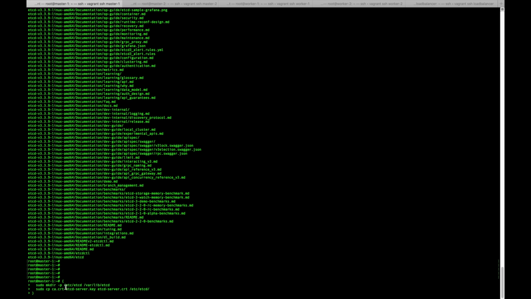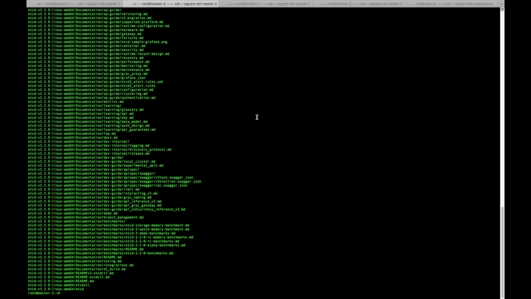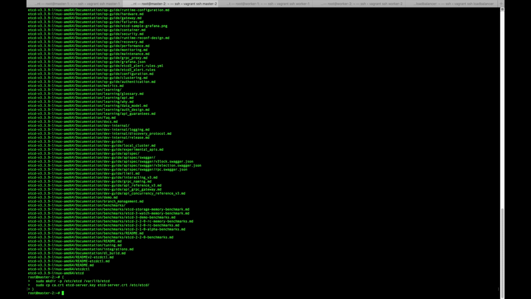We are creating a directory, /etc/var/lib/etcd and etcd/etcd, and just copying the CA cert, etcd-server.key, and etcd-server.cert to the etcd/etcd directory. And we have to do it on both of the nodes. Cool. So now we have transferred those files into